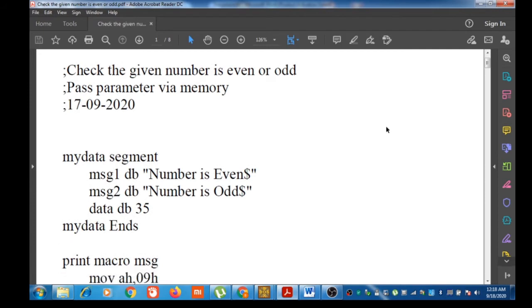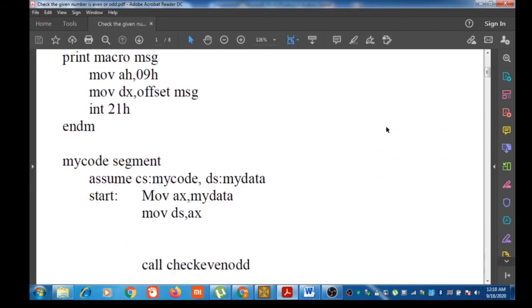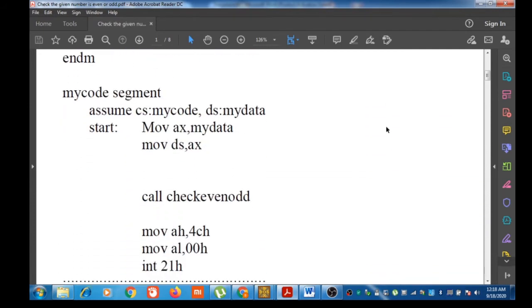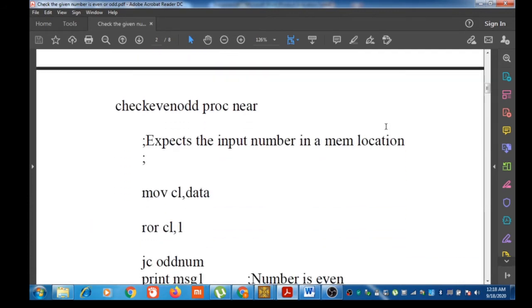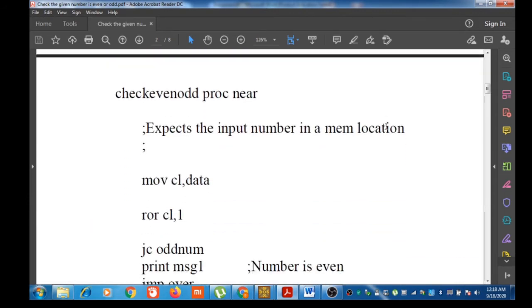Let us see the procedure. Name of the procedure is check even odd. This is a near procedure. Near procedure means it is written in the same code segment.